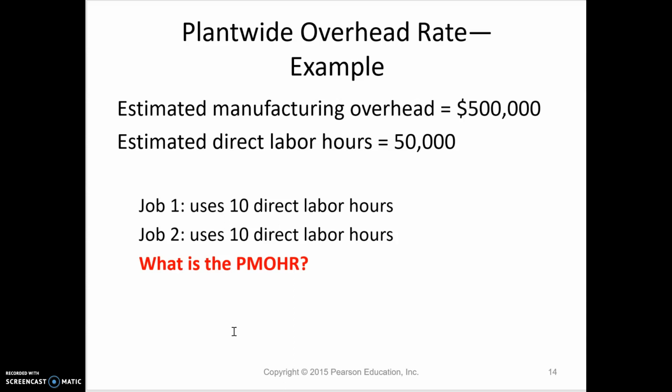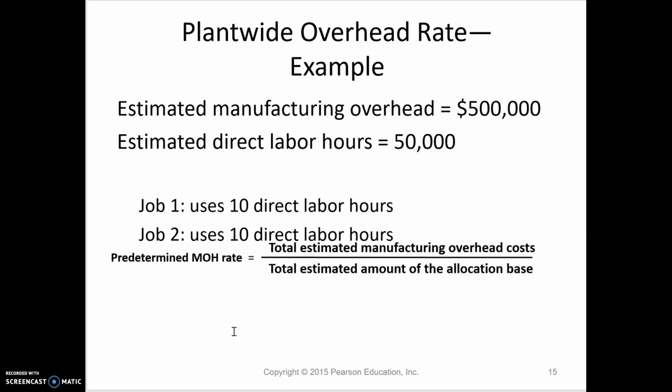So this is all done as part of the budgeting process before the period starts. And so we can get our predetermined overhead rate. We'll just divide the estimated manufacturing overhead by the estimated direct labor hours. So for this calculation, the 500,000 divided by the 50 gives us a predetermined manufacturing overhead rate of $10 per